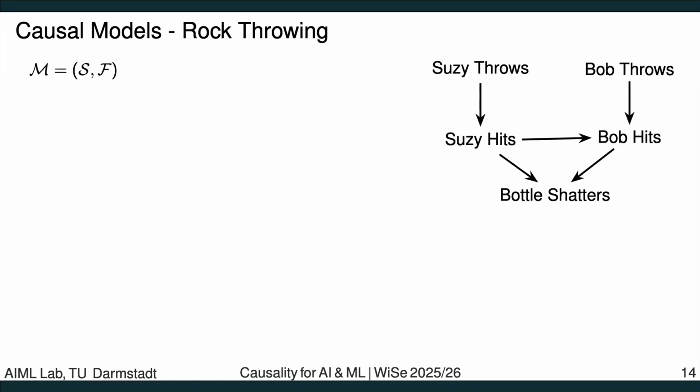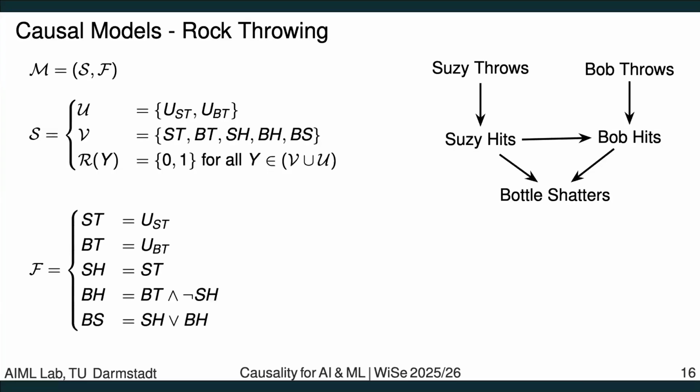Yeah, and then we might want to look at this rock throwing example again and just define this causal model, so I hope there's nothing surprising. For the remainder of the lecture, we will simply directly talk about Susie throws or Bob throws. Oh, I think in the standard example, it's Billy. But Susie is correct. The other one is either named Bob or Billy, I believe. I will correct the slides, but it doesn't matter. The variable names stay the same.